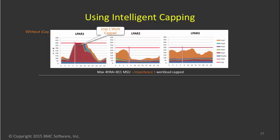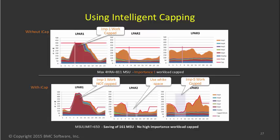So you can see that on LPAR 1, we're manually capping an importance 1 workload, important workload, right? Critical workload. And we're capping it way too low. And in LPARs 2 and 3, we're capping lower priority workloads too high. So this situation might be tough to fix in a manual, static way, but with ICAP being workload aware and